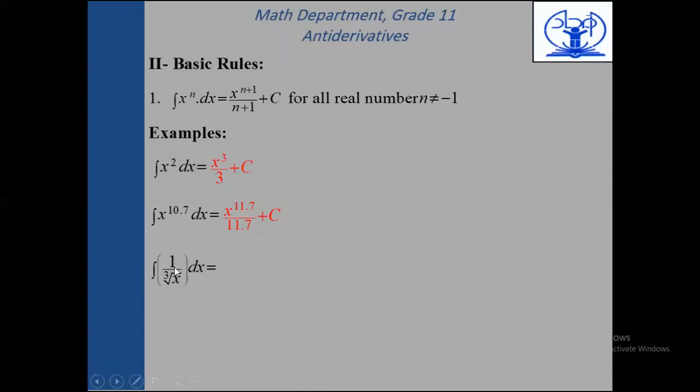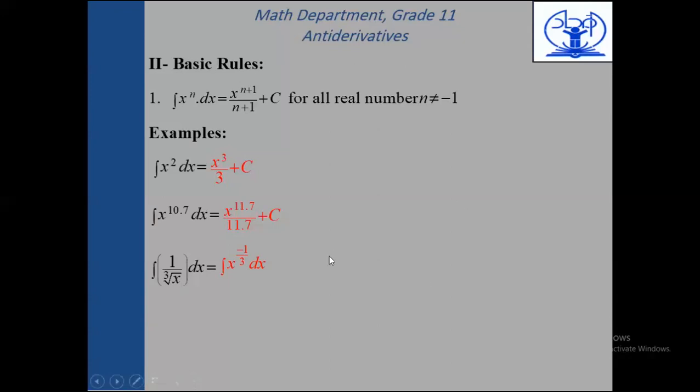Is the function 1 over cubic root of x in the form x to the n? Actually, yes, but it's not clear. So the first step here is to work on the integrand. You keep the integral sign because now I'm not integrating. Now what I'm doing is simplifying or rewriting the integrand in an appropriate way so that it's ready to be integrated. So since now the function is well written, in the form x to the n, where n is any real number except minus 1,